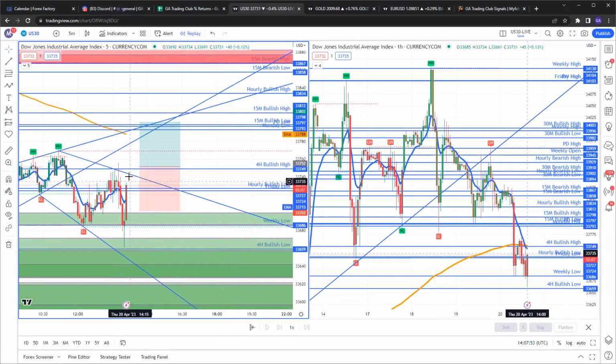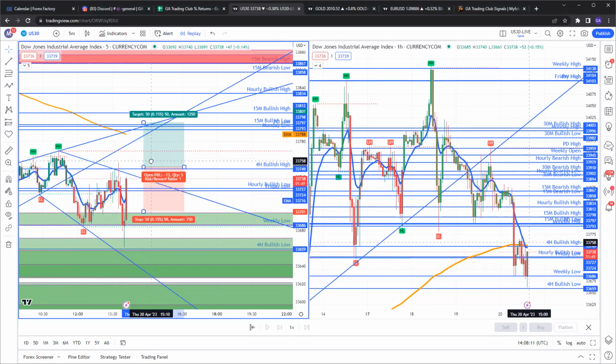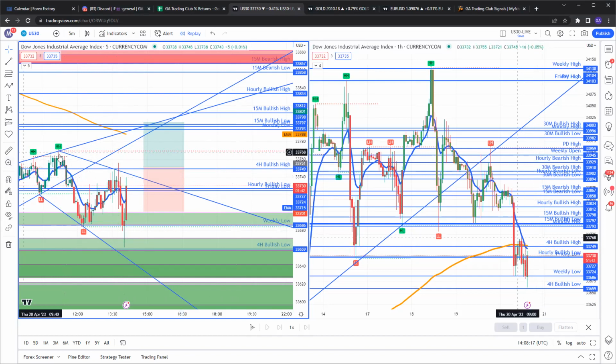So the only thing with this is that if we do get a 5-minute candle closing above this hanging trend line, the only thing with hanging trend lines is I don't like trading them by themselves. But we do have that for our bullish high. So if we do get a 5-minute candle closing above this hanging trend line, and we get a retest of the hanging trend line and closure above,